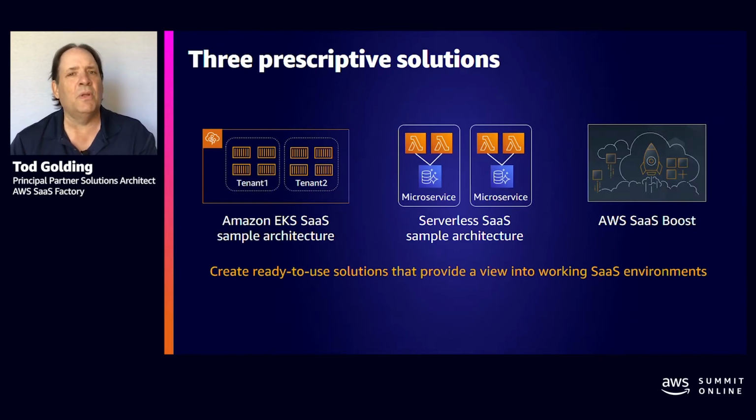And then the last one we'll look at is sort of unique in this category in that we'll look at AWS SaaS Boost, which is really meant to target a lift and shift experience, which is how can we take an existing monolith or an existing application that isn't SaaS today and give you a prescriptive solution that lets you lift your existing code into a SaaS environment with as little friction as possible. And here the emphasis is on really creating as much of a point and click experience for you as we can.